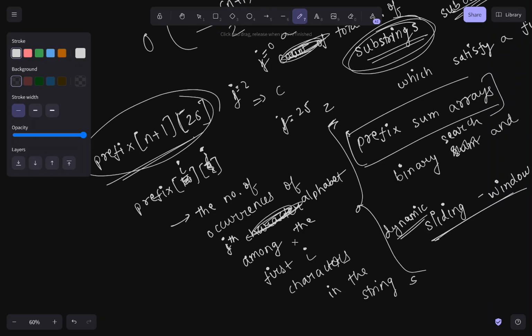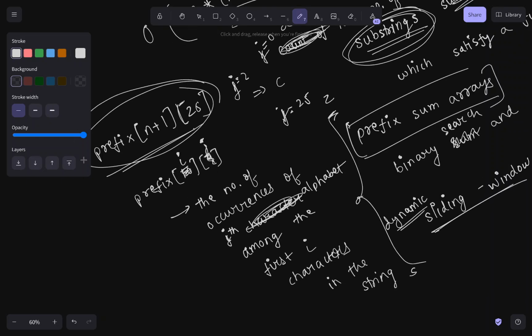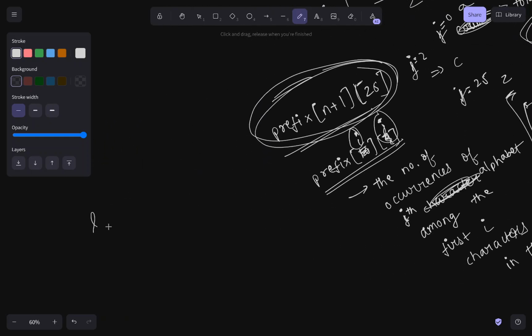I can create a prefix sum array like this one, where prefix of i, j is storing the number of times the jth alphabet has come among the first i characters in the string. So for a substring from index L to R in zero based indexing,